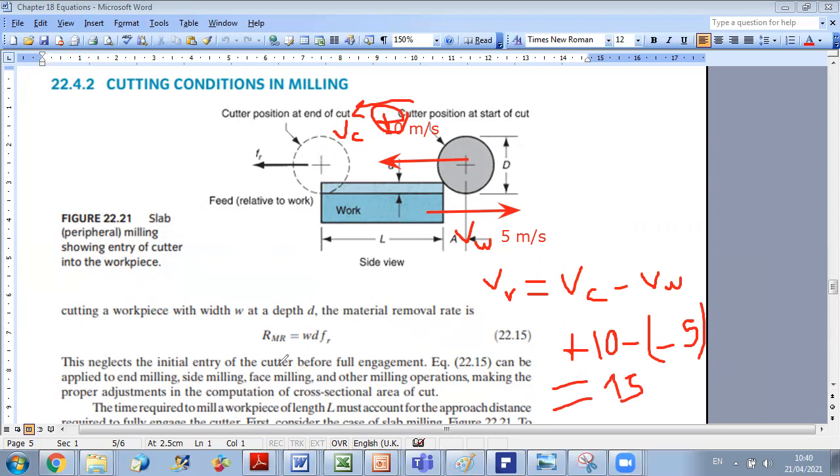And as we said, this will neglect the initial entry of the cutter before full engagement. This equation can be applied to all types of milling, end milling, side milling, face milling, and other milling operations, making the proper adjustment in the computation of the cross-sectional area of the cut. So what will change from one milling operation to the other is the cross-sectional area of the cut. We should see how to determine the depth depending on the type of milling operation. We will see the different milling approaches. So what will be the variation of D? What is the formula of D for the different cases? I will open a